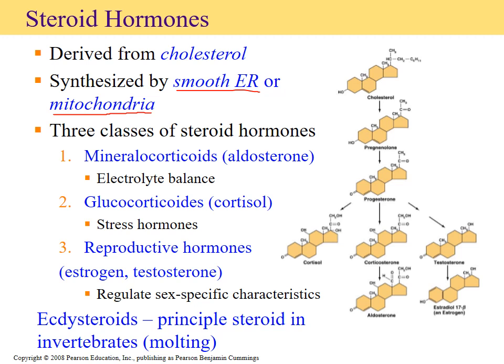We can have ones like aldosterone, which are an example of a mineral corticoid. They are able to regulate our electrolyte balance, so things like our sodium, our potassium, as well as our water balance. Then you have the hormones that play a role in your stress response. Those are things like your cortisol, your cortisone, your corticosteroid. Those all fall under the glucocorticoids, and they will come into play when we start talking a little bit about our fight or flee response towards the end,